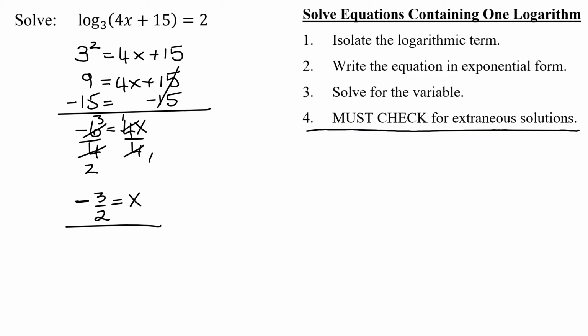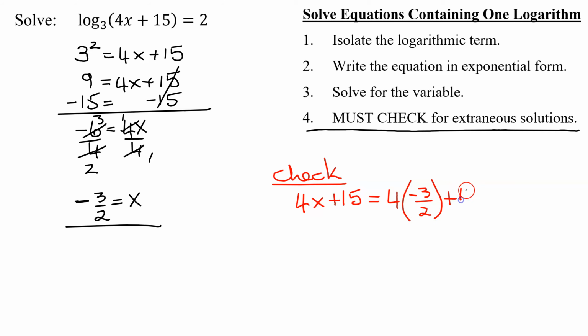The way to check for extraneous solutions in logarithmic equations is you have to make sure that the argument of every single logarithm is a positive number. I only have one logarithm in my problem, so I just need to make sure that the quantity 4x plus 15 is a positive number. So I get 4 times x is negative 3/2